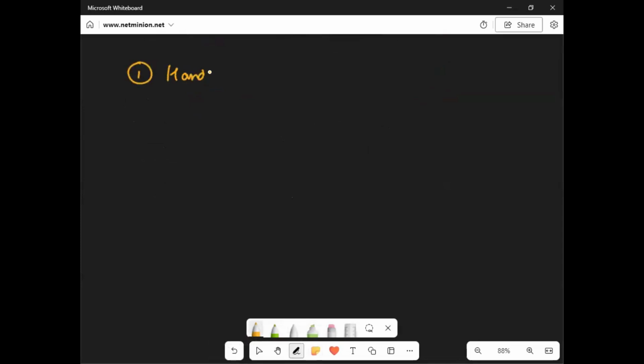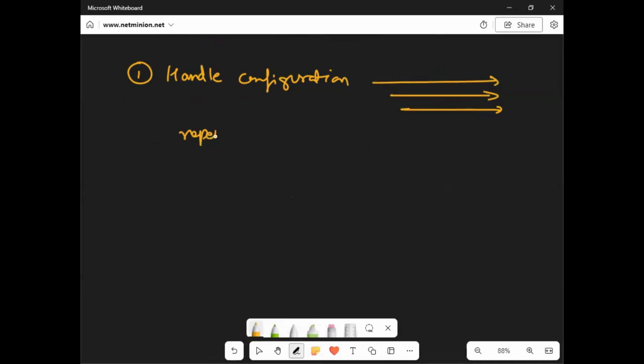Whenever you need to handle some configuration tasks which need to be pushed on multiple devices, maybe thousands of devices, and there is a repetitive task. One of the best examples is the migration.